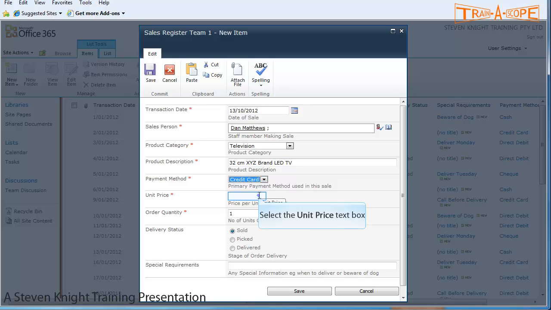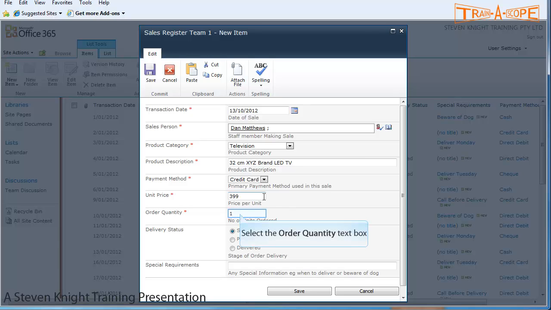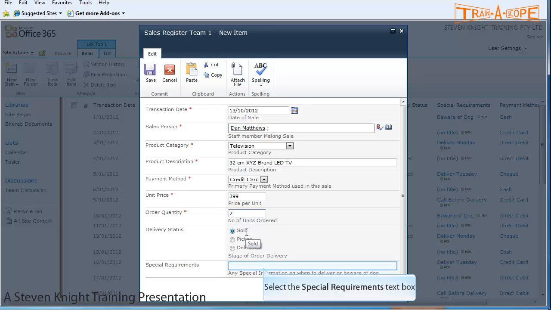The unit price is $3.99 as our special Dodgy Brothers price, and our order quantity is Dan's ordered 2 of those, and at the moment that's just sold. We'll get to picked and delivered a bit later on, and the special requirements must be delivered by